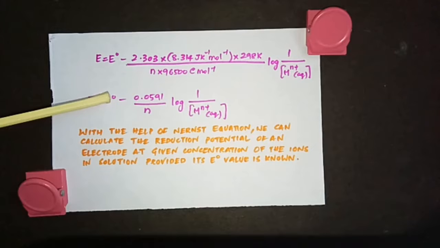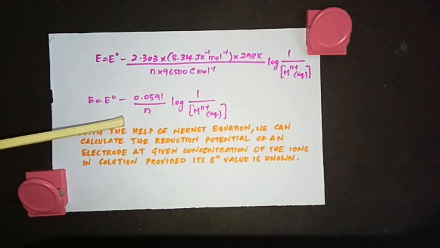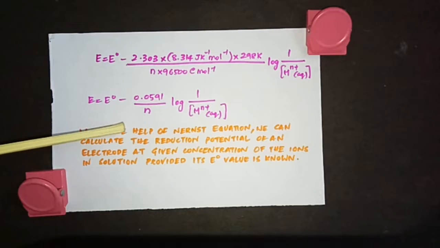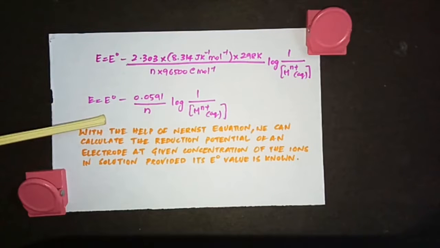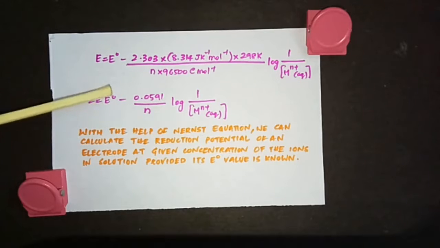where we have seen the electrochemical series with standard electrode potentials for zinc, for copper, for mercury, where the concentration is 1 molar. If you want the electrode potential for the same zinc, copper and mercury when the concentration is not 1 molar, we are using this equation. But to calculate the EMF of the cell, we will derive one more equation from this equation. Now let's apply this equation to calculate the reduction potential of a given electrode at a given concentration.